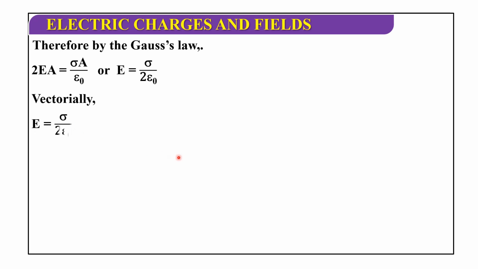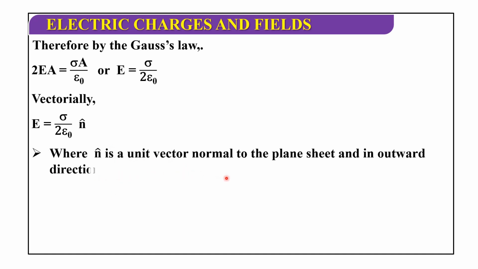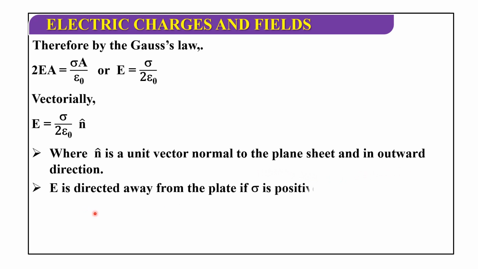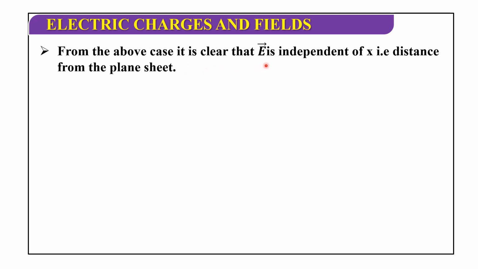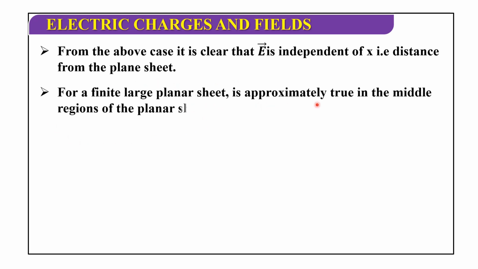So, vectorially it can be written as E is equal to sigma by 2 epsilon naught n cap, where n cap is the unit vector normal to the plane sheet and in outward direction. So, E is directed away from the plate if sigma is positive and toward the plate if sigma is negative. From the above cases, it is clear that E is independent of x, that is distance from the plane sheet. So, for a finite large planar sheet it is approximately true in the middle regions of the planar sheet away from